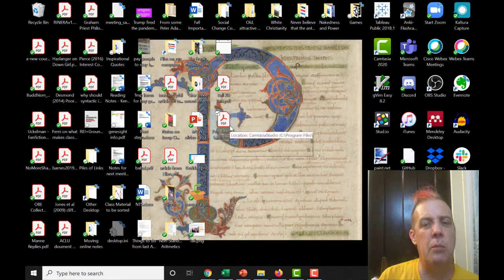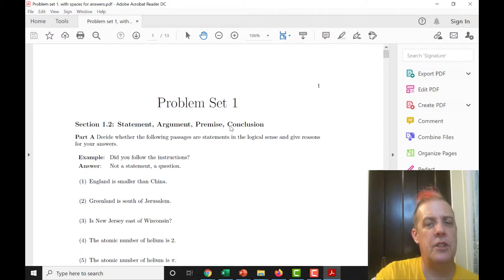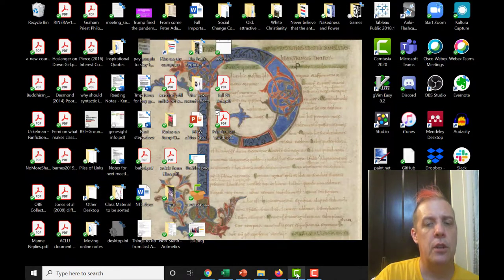that the problem set just has spaces. So if you printed this up, you would have space for answers. And so these are the questions that you need to do from section 1.2. You need to do part A and part C. Okay. On the other hand, you could submit the